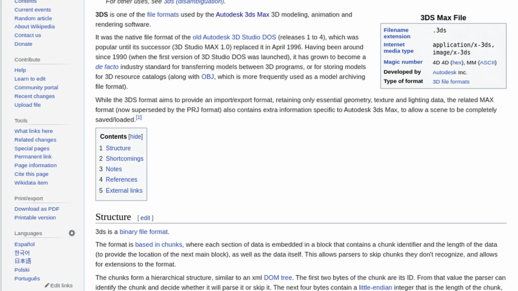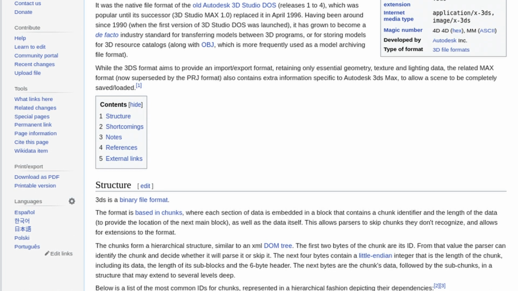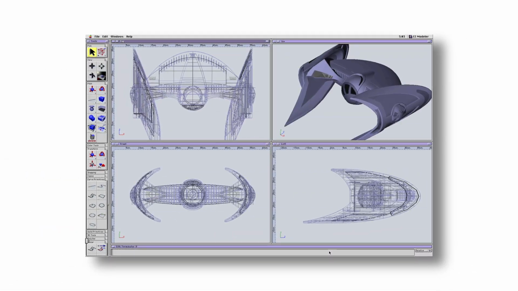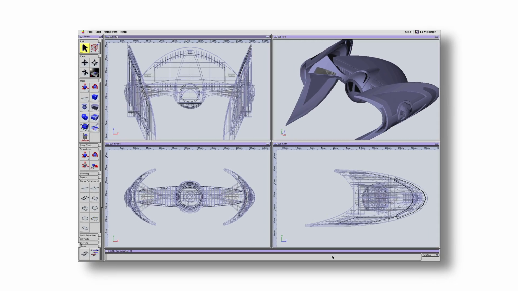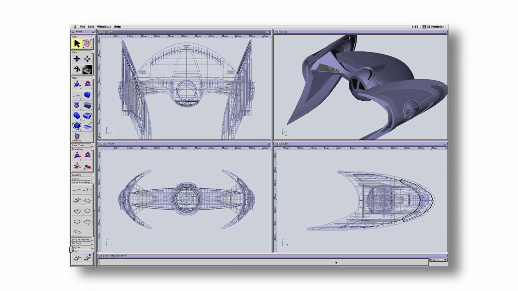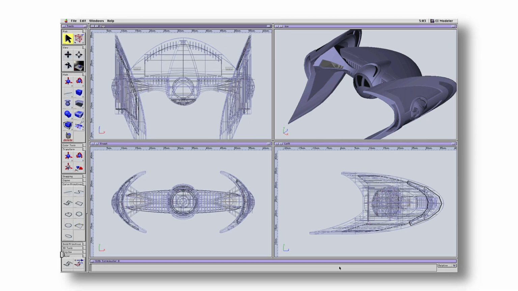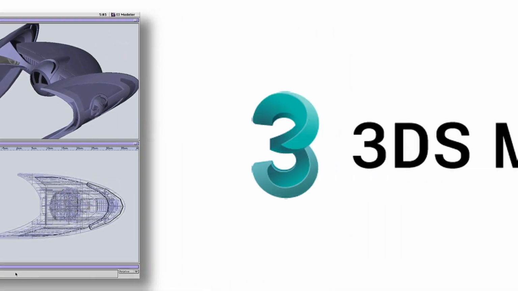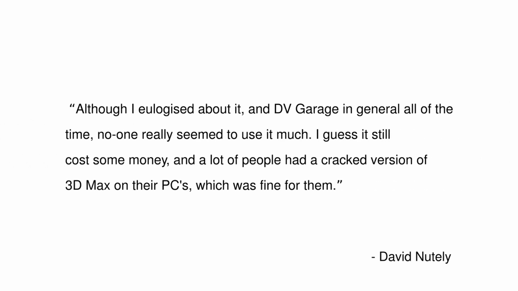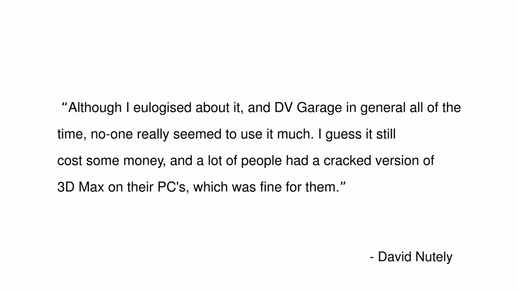Without being able to easily import downloaded 3D models, the user would be required to build all of their own models, which, although exactly what David wanted to do for Storm Ahead, was probably not what most filmmakers wanted to do. David also thinks that the wide availability of cracked versions of 3D Studio Max may have further hurt the toolkit, saying, "Although I eulogized about it, and DV Garage in general all of the time, no one really seemed